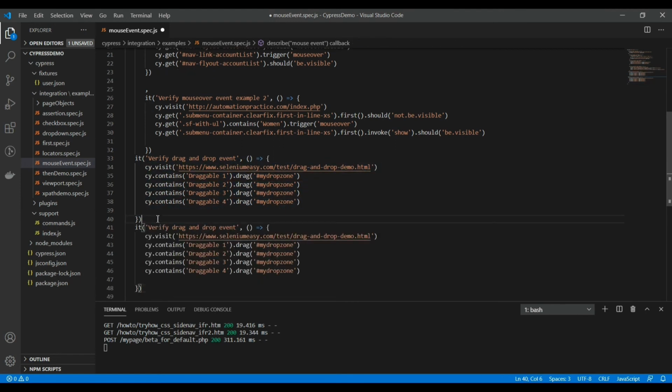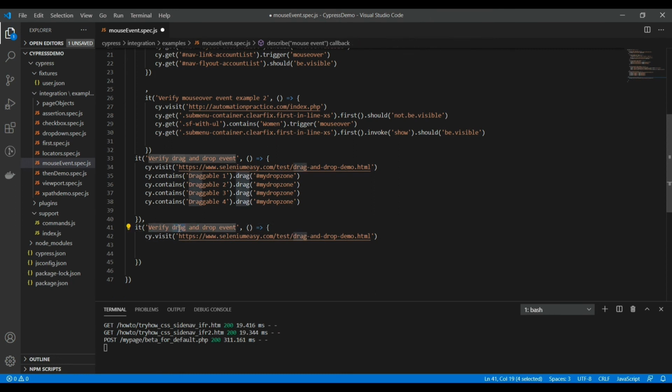So let's add another test case, and I'll remove this code, and I'm changing the title, verify the scroll event, and I'll add the it dot only statement here. Okay, so for scrolling, let's use a different website.